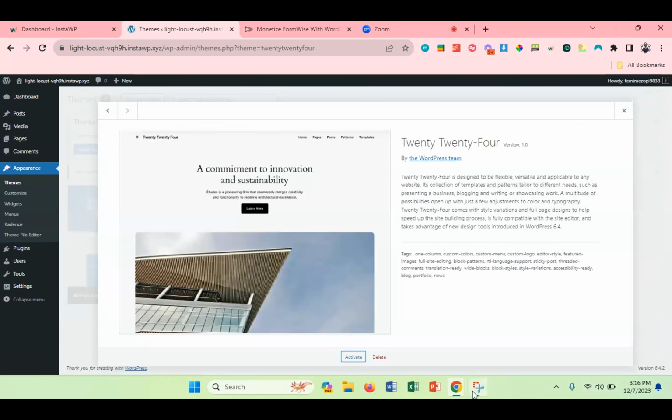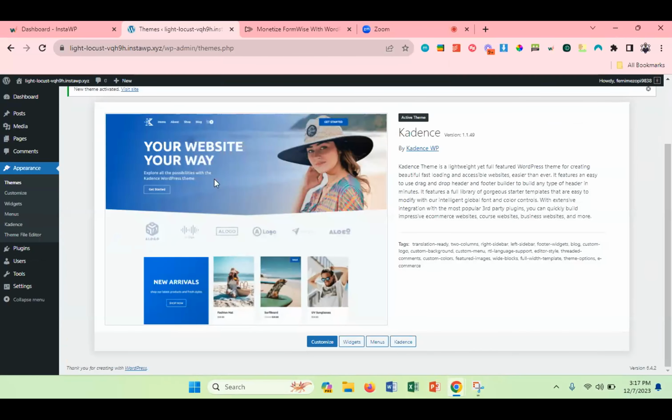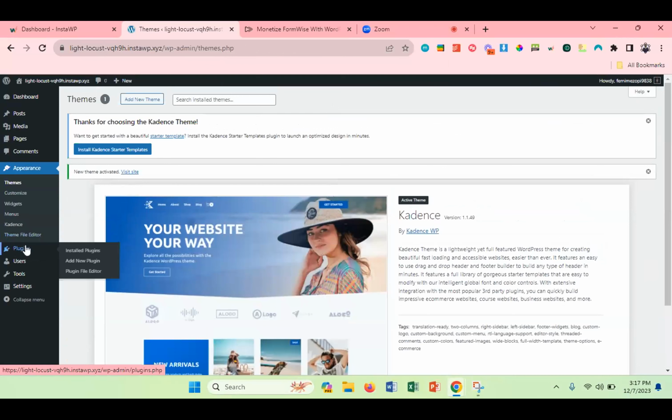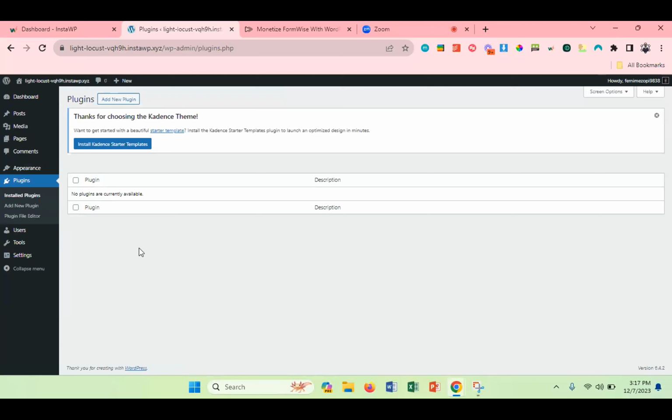I try to be very clean, OCD. We're going to delete this. We don't need this here. We have the theme installed. That's perfect. The next thing we're going to do is click on plugins, and we can actually see that there